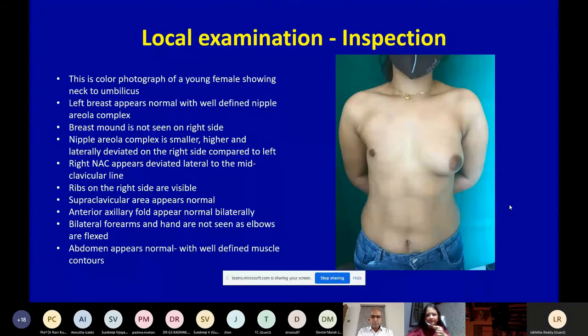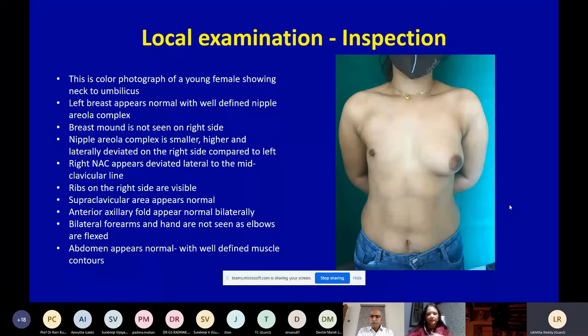Dr. Likita, because you're proceeding really quickly towards the investigation side, now that we have talked a little bit about Poland's, do you want to explain a little bit more? You talked about the sternocostal head may be absent. What other structures can be affected? The pectoralis major, pectoralis minor, latissimus dorsi might be absent also. There can be symbrachydactyly. There can also be cleft palate. These are the common features. The other truncal muscles might also be hypoplastic.